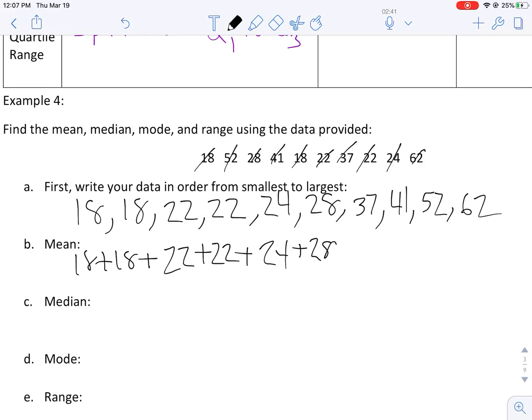And I'm just doing this right underneath this so you guys can see. That's not very neat. So 37 plus 41 plus 52 plus 62. Okay, so what that is going to do is equal